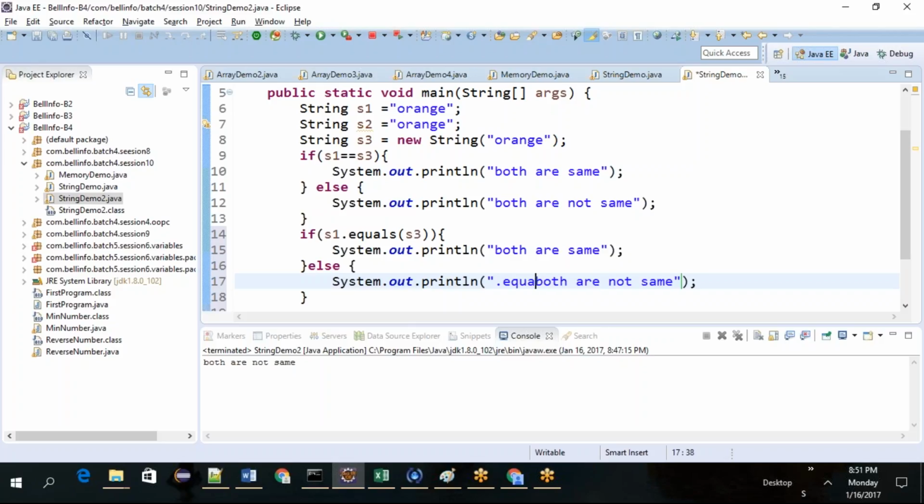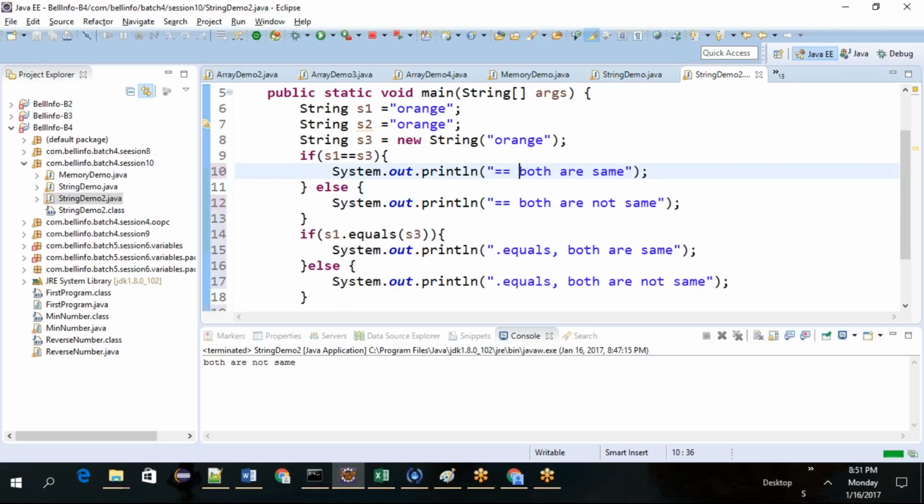Dot equals. Dot equals. Now run the program.